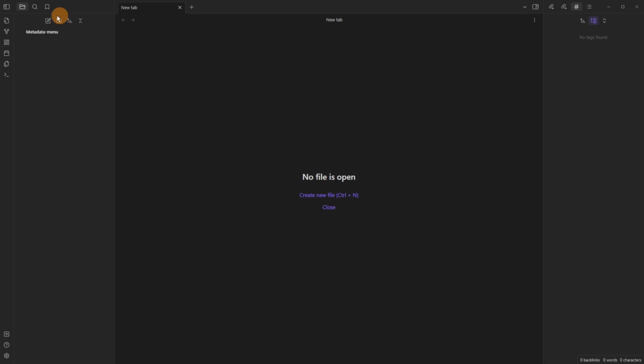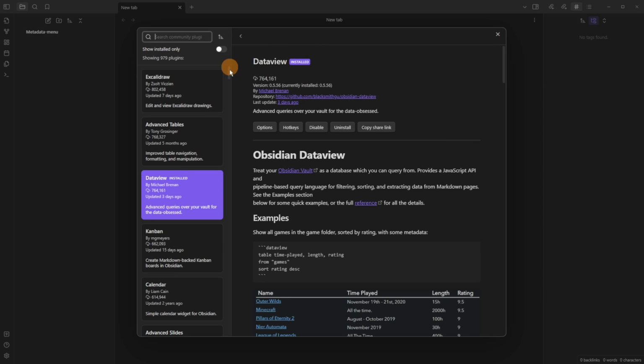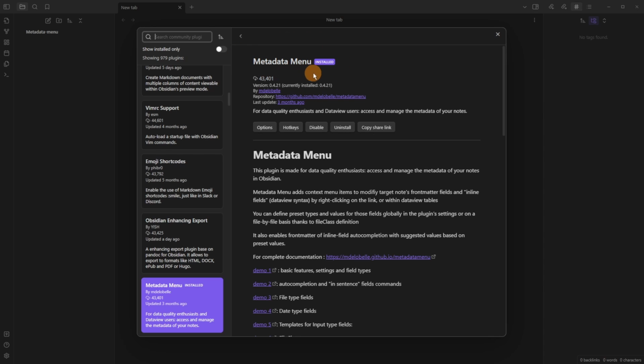I'm going to go through the metadata menu plugin, and I highly recommend you have a look in the description for the chapters because this is going to be a long one. First up, you'll want to have Dataview the community plugin installed, and then go ahead and install the metadata menu